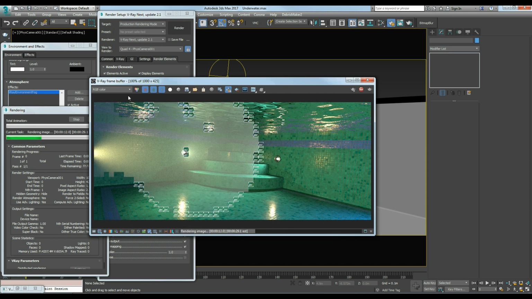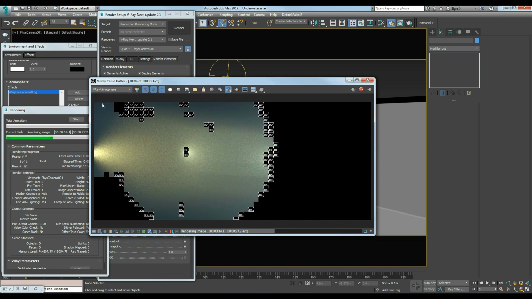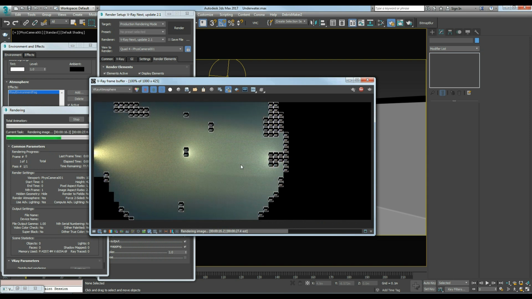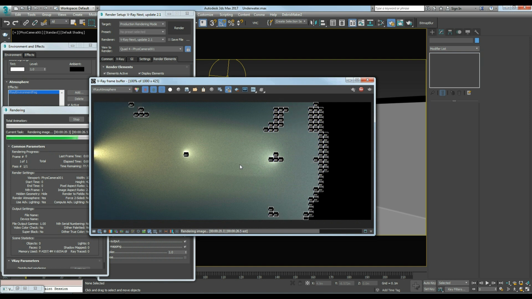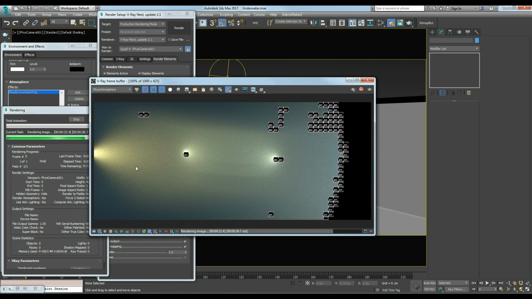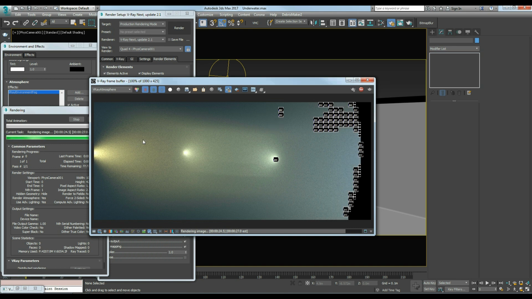Here you can see, here's the pass. It is very fast to calculate, and now we are moving to solve the noise.